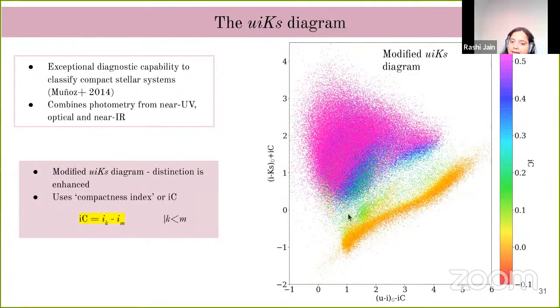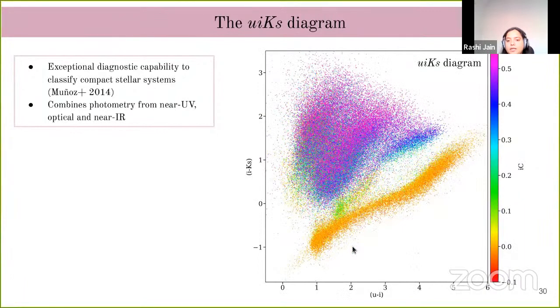Whereas this island over here, the green one, is where the compact stellar systems are, globular clusters and UCDs, which are not very large, but since they are not stars, they have slightly higher than 0 positive values. And then this blob here is where the galaxies are, the star forming galaxies and the elliptical galaxies. And when we combine the compactness index with the colors, we get a modified UIKS diagram, which makes the